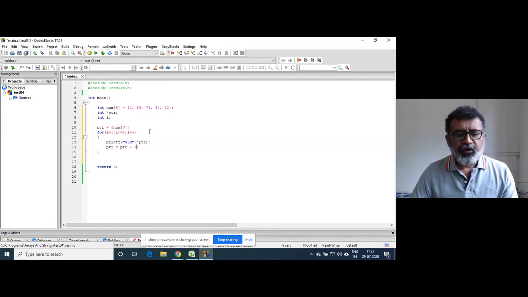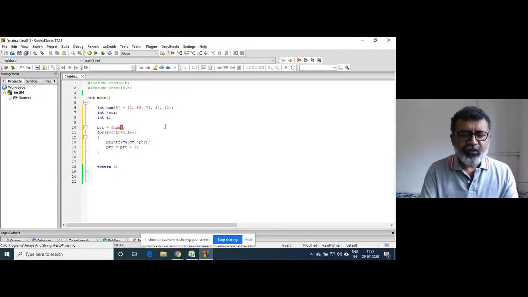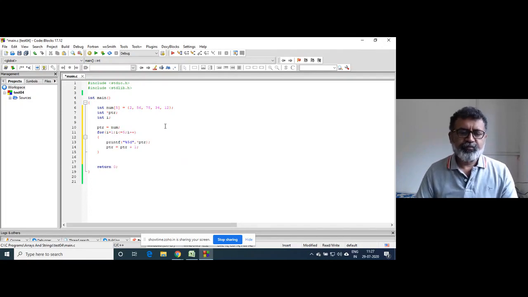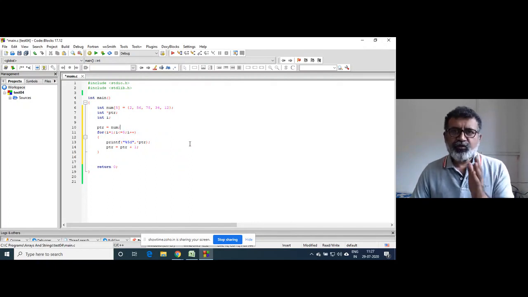Now, what I wanted to tell you is that the address of the first element is stored in the name of the variable by the compiler. So this statement is the same as this statement: ptr = num. Both are the same statements, ptr = num and ptr = &num[0].